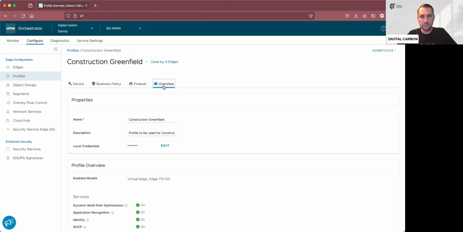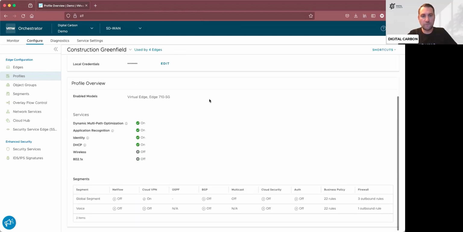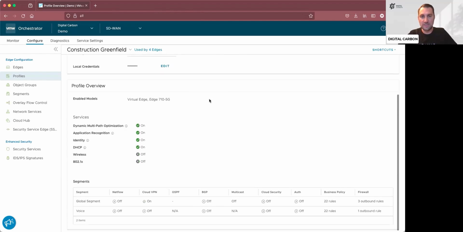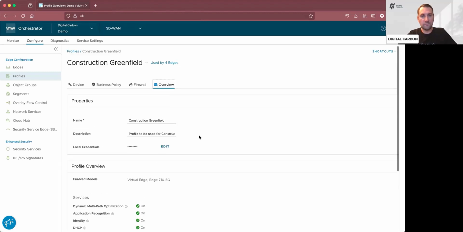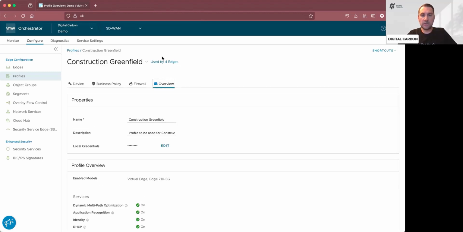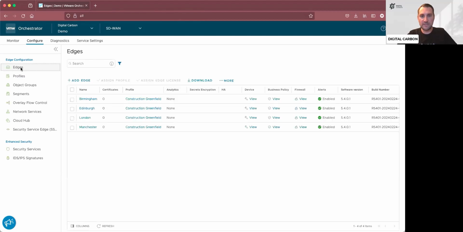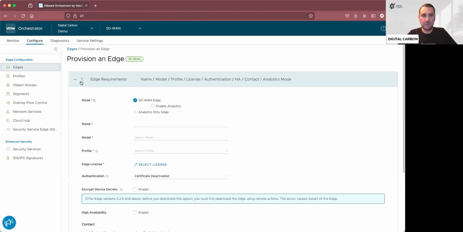We're going to move on quickly. Overview just gives us a quick overview of the configurations, what is enabled and what is not enabled. So we have all of that in an overview here. We are now going to go back to our edges because we want to enable a new edge. So we're going to pick a new edge and give it a name. Let's say this is going to be